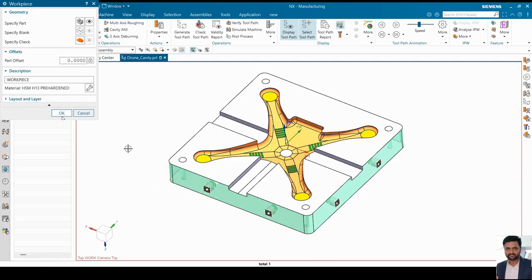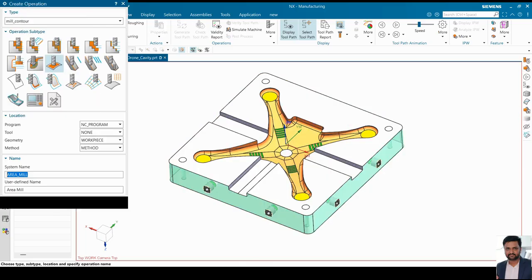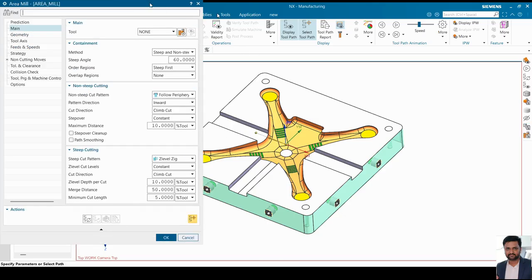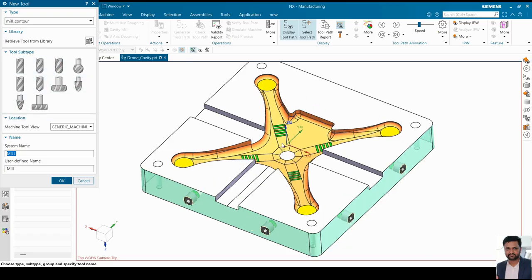So once you select the workpiece, then go for creating operation. Create operation, select a contour area. This is recommended for finishing operation. Here we need to select create a cutter. These are the tool types which are supported for this operation. For this shape, ball mill is the best cutter for this. Select ball mill